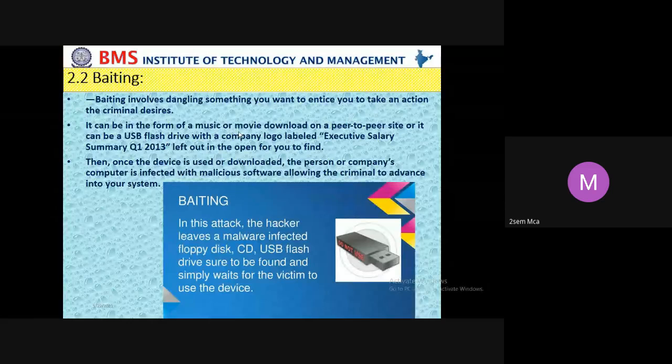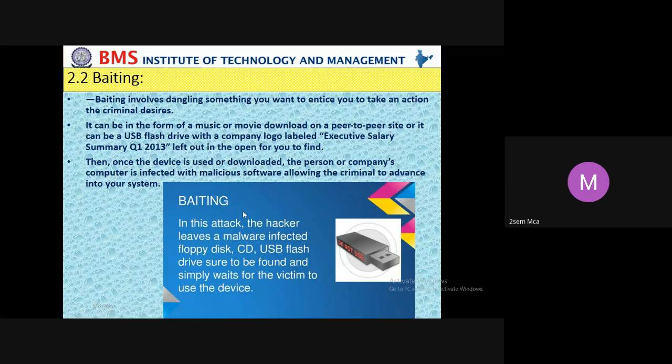So I saved 400 or 1000 rupees because I got a pen drive. When you insert that into your system, immediately it launches the attack. So such things are called baiting, means unattended, either it is CD, USB drives, etc.